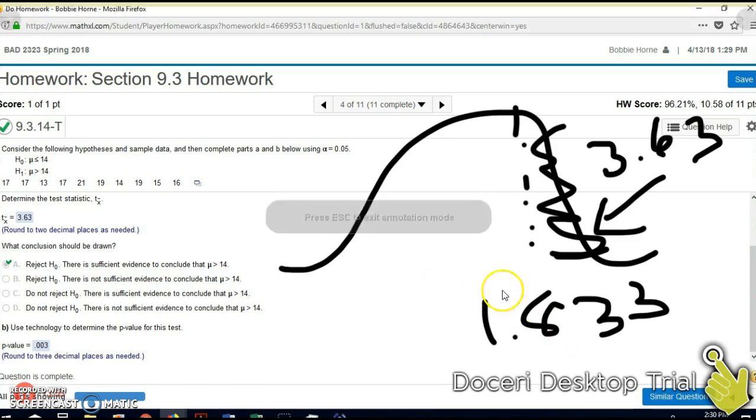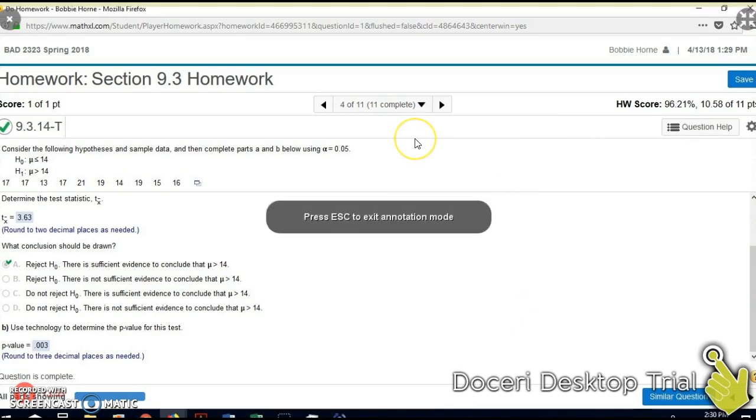Now what I did to get the p-value is I use the information